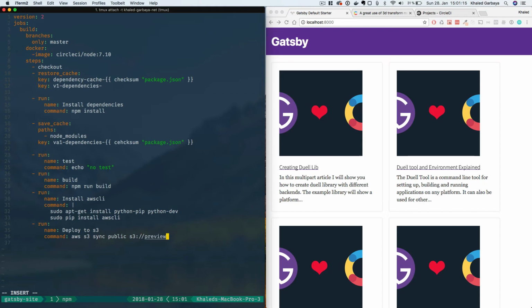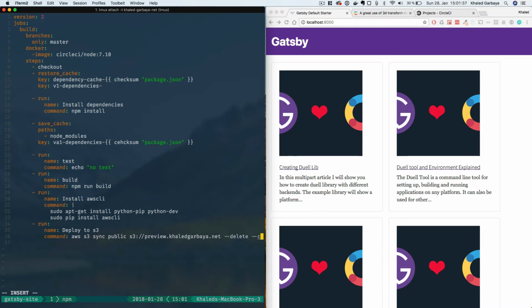So I have a subdomain called preview.mywebsite.net, so I'll be deploying there, and then I want to delete anything that I actually deleted before,